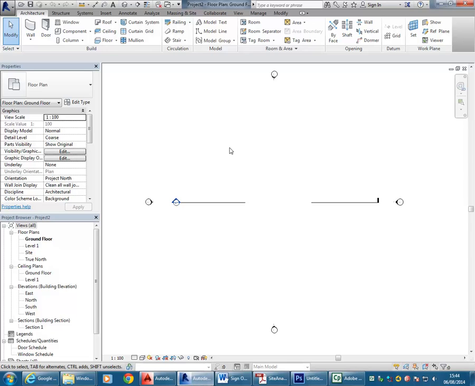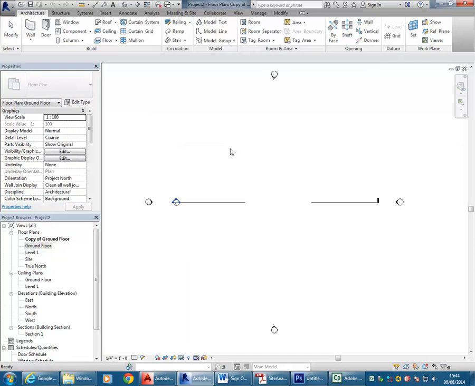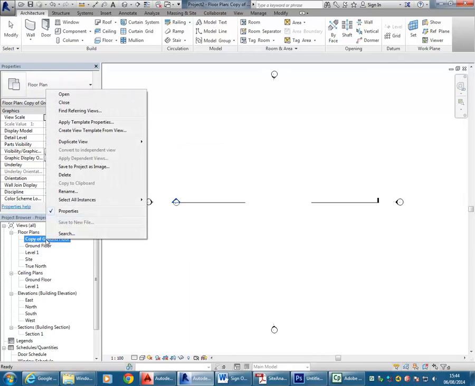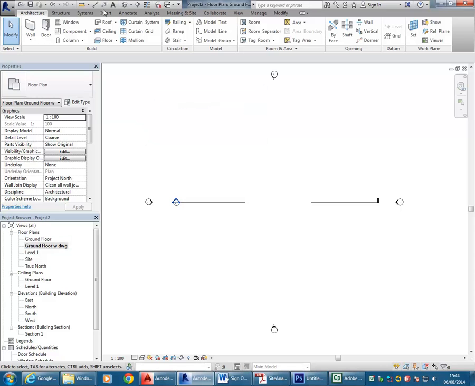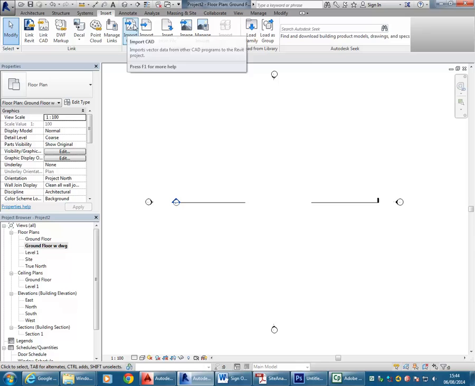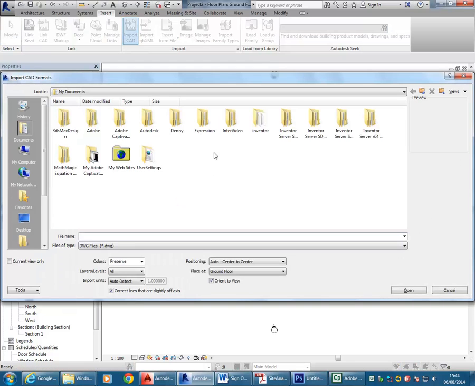And then in Revit, I'll just straight away duplicate my ground floor view by right-clicking on it, going to duplicate view, and then just duplicate. And then right away, right-click on copy of ground, rename, and I'll call it ground floor with DWG. On the Insert tab, I'm just going to use Import CAD this time because we don't really need to have it linked. So I'm going to go to Import CAD,